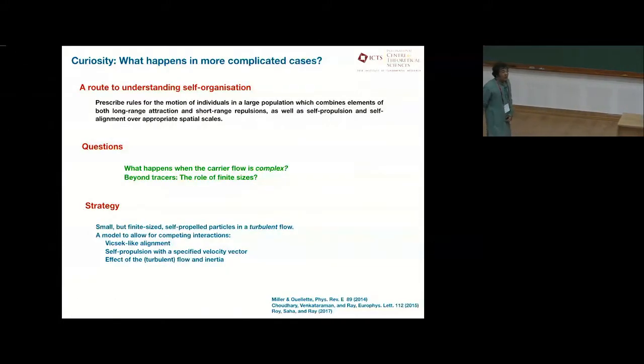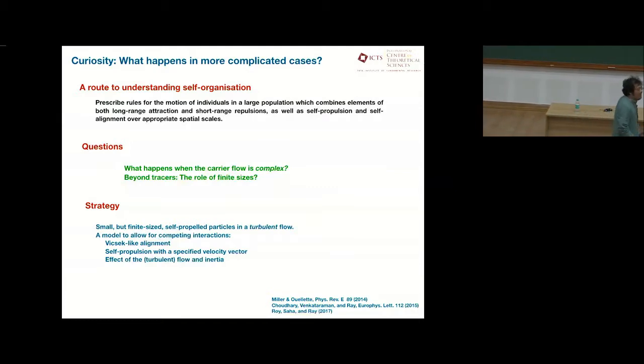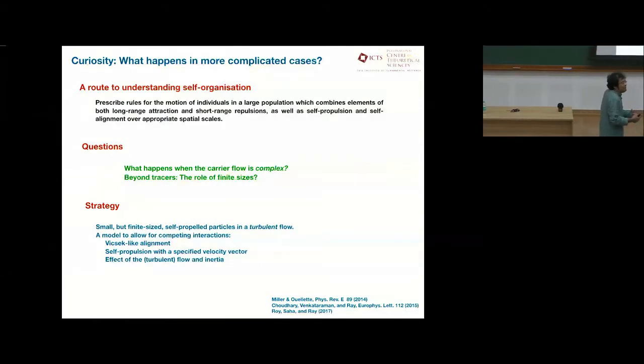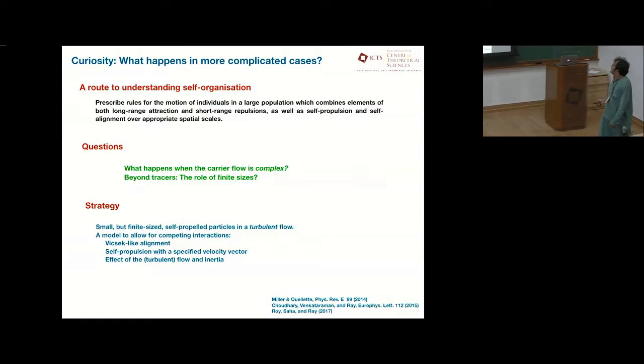Okay, so what we were curious, and the story starts a few years ago, actually, with Ashok and Divya, Ashok was a student here, he's now doing his PhD in the US, we had a rather simple question, which is, what happens when the carrier flow is turbulent? It's more complex, and the only complex flow that I know a little how to handle is the turbulent flow. Okay, I mean, one could of course have other levels of complexity.